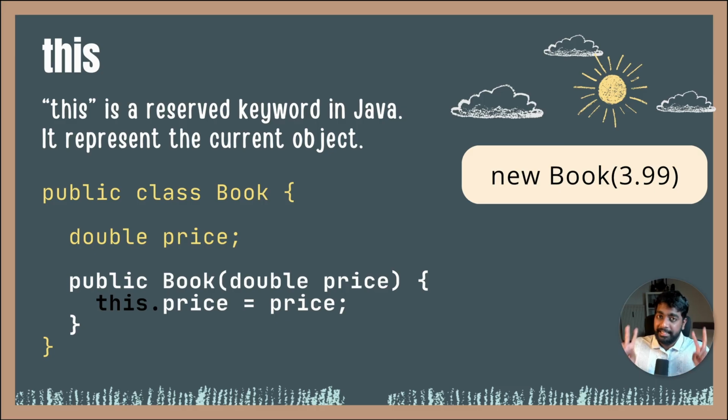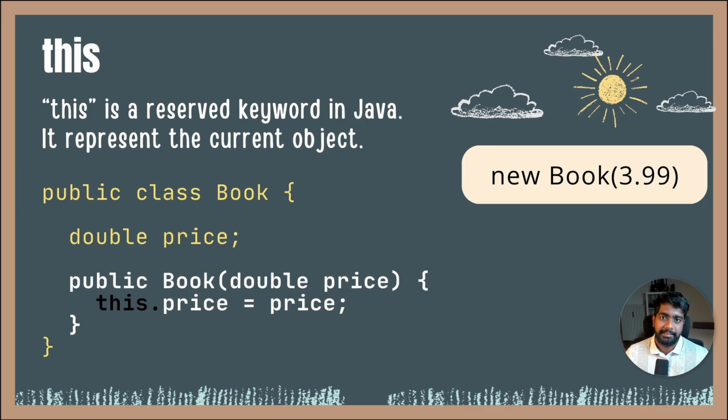The English keyword this is a reserved keyword in Java. This keyword is used to represent the current object. Also note, if you have written any constructor in a class file, that class file will not get a default constructor injected into that class. Which means whenever you are creating objects out of that class, you must refer to those available constructors. In this example, the book, I must use the custom constructor which only accepts a double value. Inside the constructor implementation, you can see that the this keyword has been used to refer to the current object and its